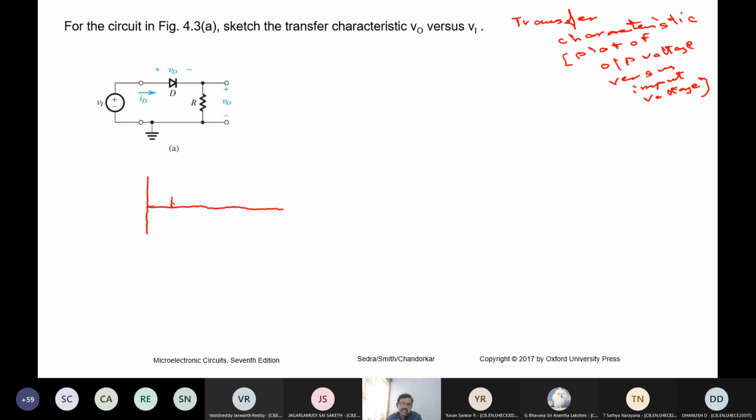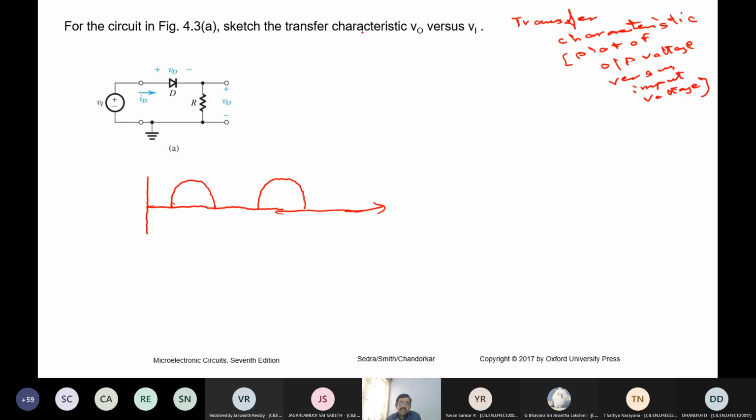So here I am going to get, and then again here I am going to get, again I am going through a negative cycle, no output, and it will go like that. And then I will have an output once it comes to the positive cycle. So I will get an output.